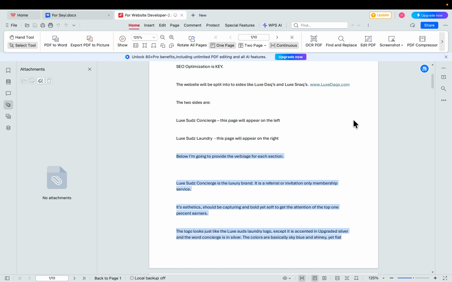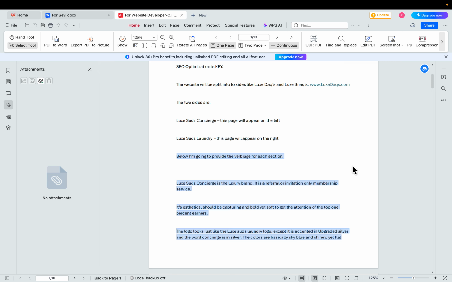They want privacy. They want special care. They have expensive clothing items. So if you have in your mind what type of people this side should attract, you'll have a good picture, so that when you're creating that side of the website, you're making it for that clientele.